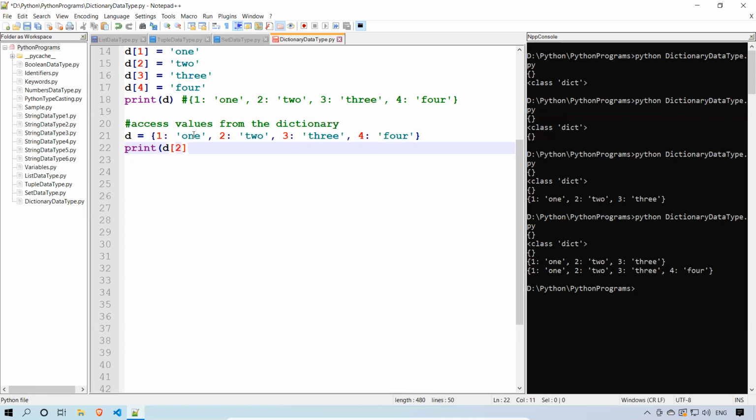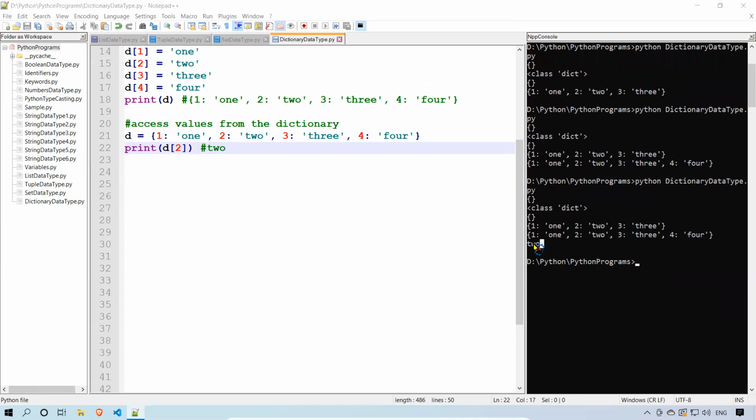You need to provide the key. When you give the key, you will get the value. It should give me this 2. We'll run this, and you see 2. If you want to access values from a dictionary, you need to use the key. The key is 2, the value is TWO.